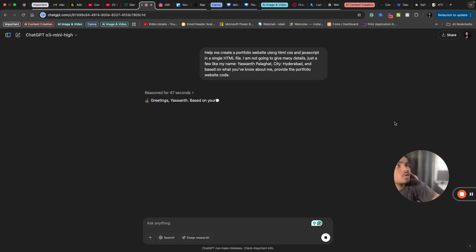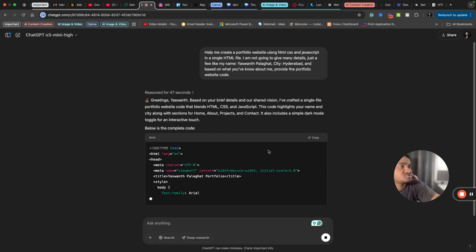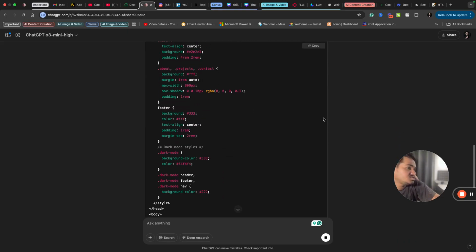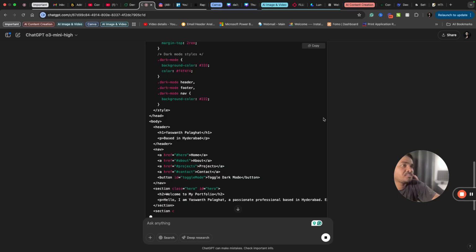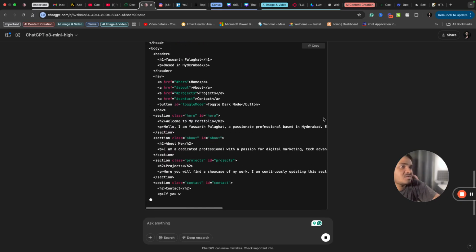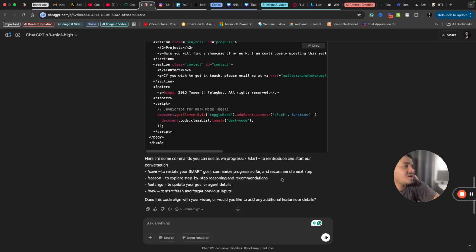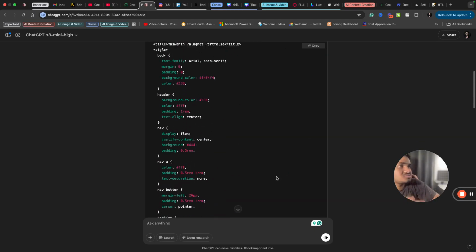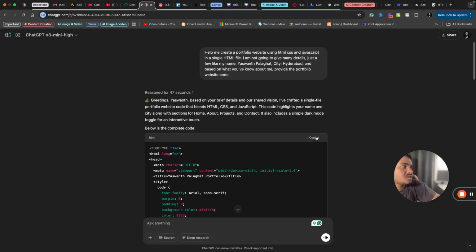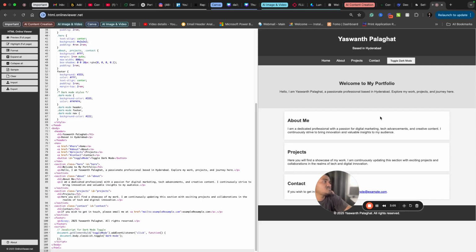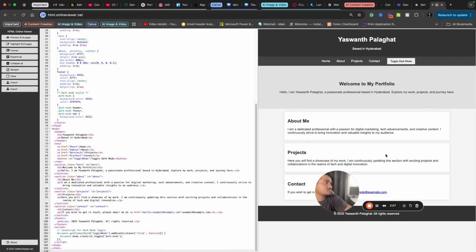It's drafting the code in the backend. Yeah, I think it's done. So it took around 47 seconds to give me the complete code. We can customize it as much as we can, because we can directly ask ChatGPT to edit this or to add this and all. I'm just copying this. This is an HTML previewer. You can just copy the code on the left side and you will get